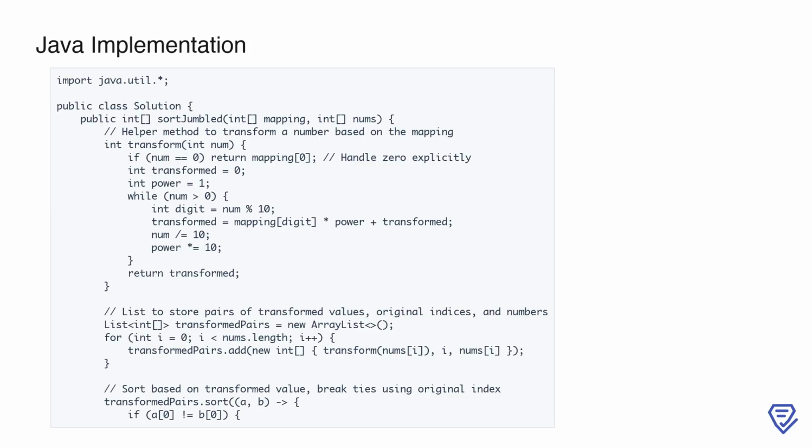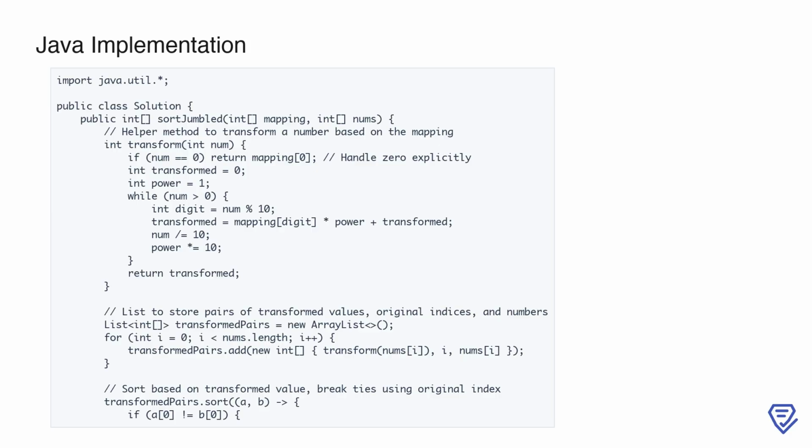For non-zero numbers, we iterate through each digit, apply the mapping to it, and construct the transformed number digit by digit. This is done using a while loop where we repeatedly extract the last digit using modulus, apply the mapping, and build the transformed number. Once we have the helper method, we create a list called transformedPairs to store three pieces of information for each number: the transformed value, the original index, and the original number itself. This is important because we will later use this list for sorting while preserving the original indices to break ties